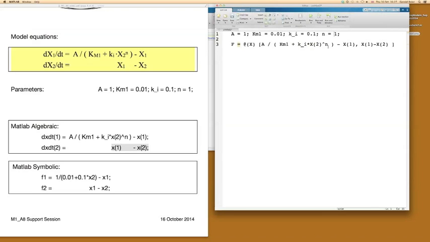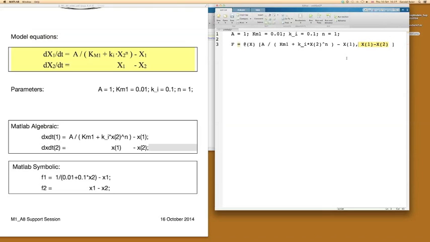However, n is equal to 1, so we don't really use it at the moment. And we have now completed it by saying minus x1. So our first differential equation, which you can see on the left side, is now completely written into our function definition. Our second differential equation is also put into our function definition completely,